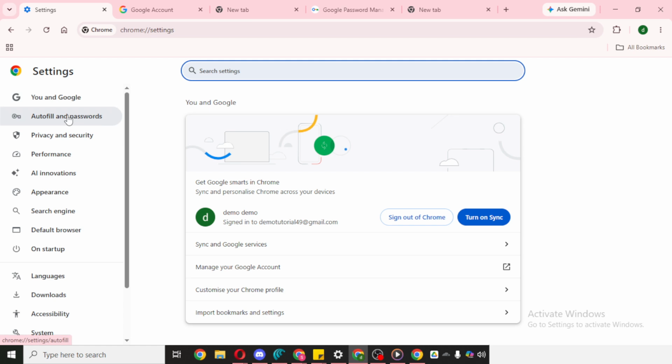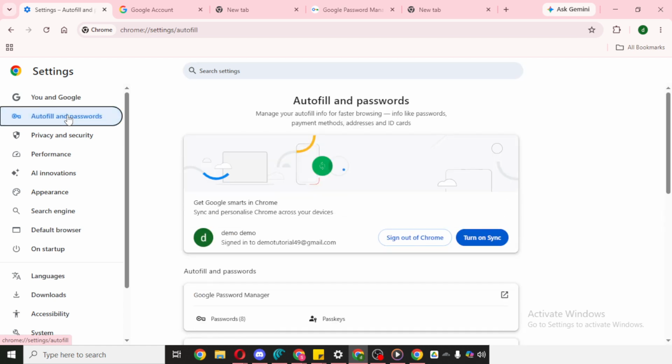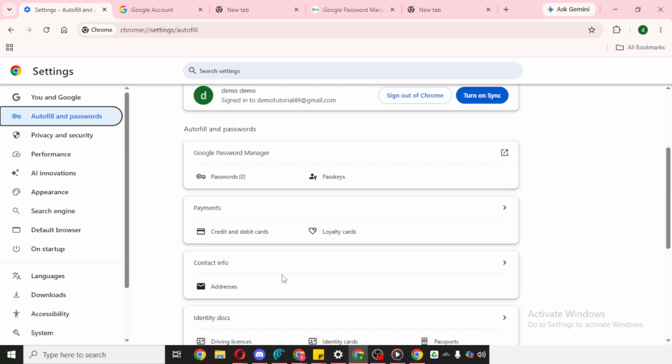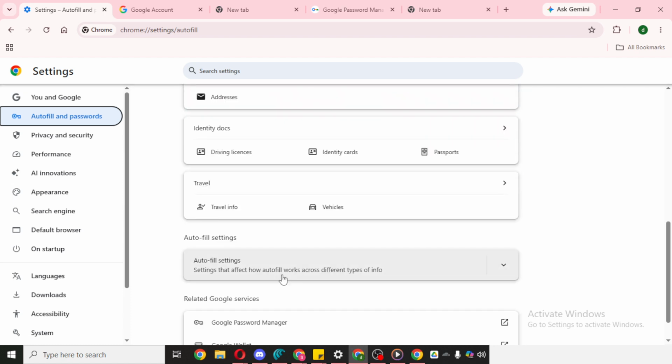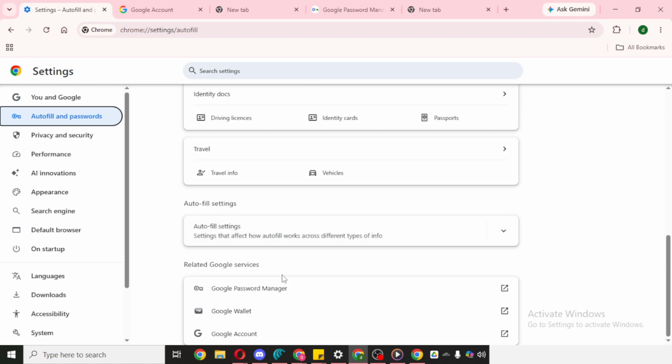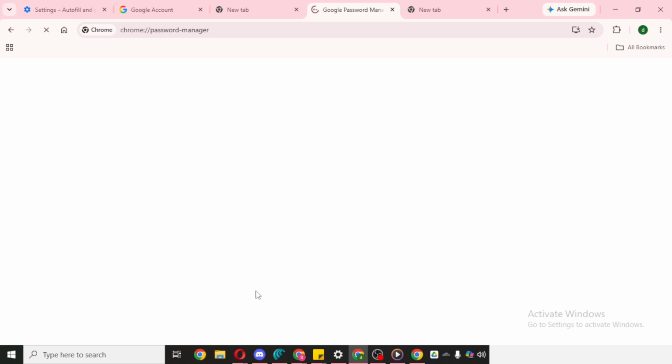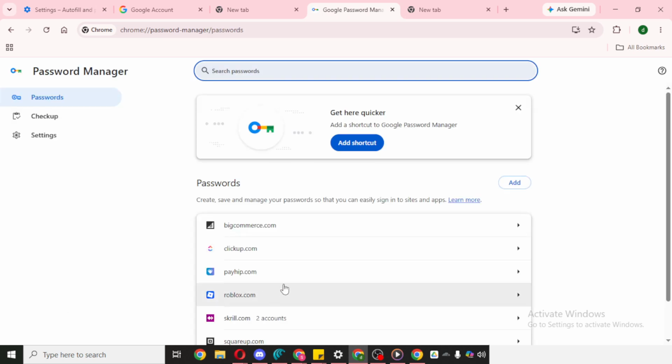This is the place where Chrome stores and manages things like saved addresses, payment methods, and of course, your saved passwords. Once you open that section, select the Passwords area to view the login details Chrome has remembered for different websites. Here, you'll be able to see the various passwords that are currently saved in Chrome. Usually, they'll be listed alongside the website or service they belong to, so you can quickly identify which ones you want to remove. Take your time and review the list carefully, especially if you have a lot of saved accounts.